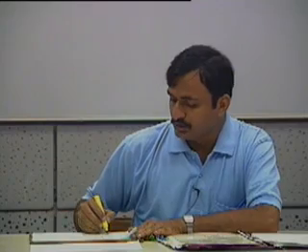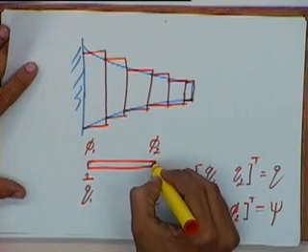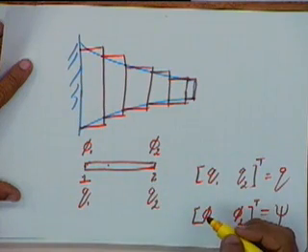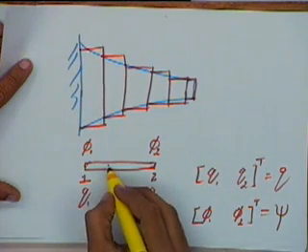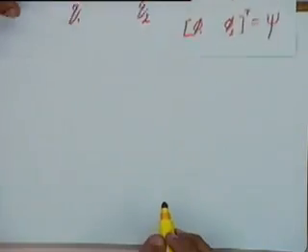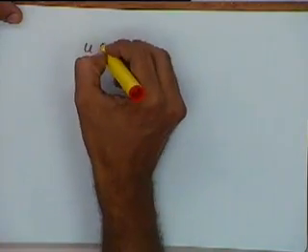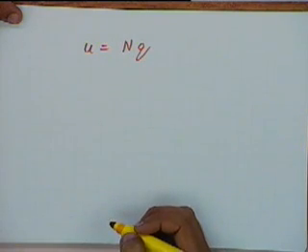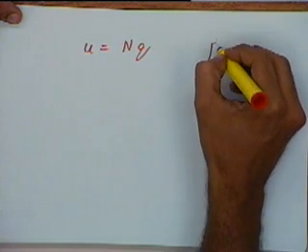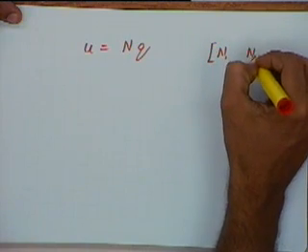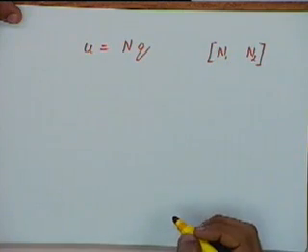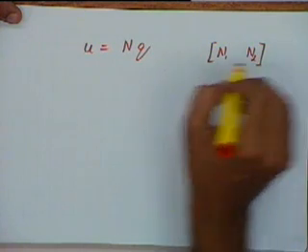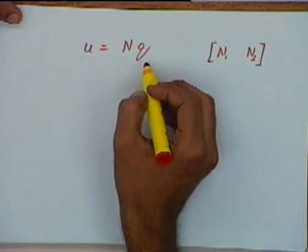Okay. If you use this, we want to find out the virtual displacement at any point inside this element. If I take any arbitrary point here and want to find out the actual displacement, we have written the equations earlier. We said u will be equal to n times q, where n is nothing but n1 n2, where n1 and n2 are the shape functions. So we have said u is equal to n times q.